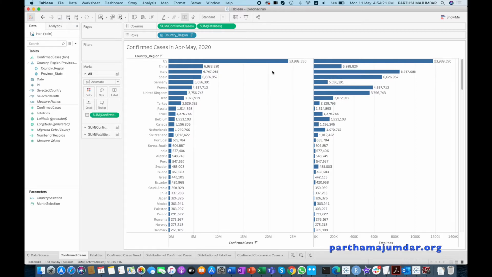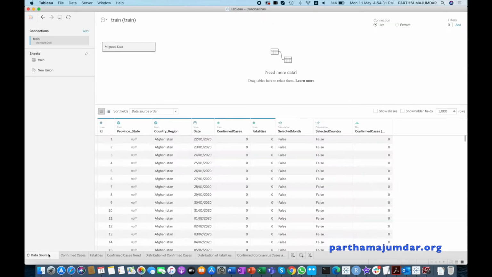For this, we require the data in such a manner that I have fatalities and number of confirmed cases in the same column. Here in our case, if you see the data, the number of confirmed cases and number of fatalities is in separate columns. We would like to have them in the same column, distinguished as this is a number for confirmed cases and this is a number for fatalities. This data adjustment I cannot do using Tableau itself. For this, I require some help from a programming language. One programming language which can do this very easily is R language.